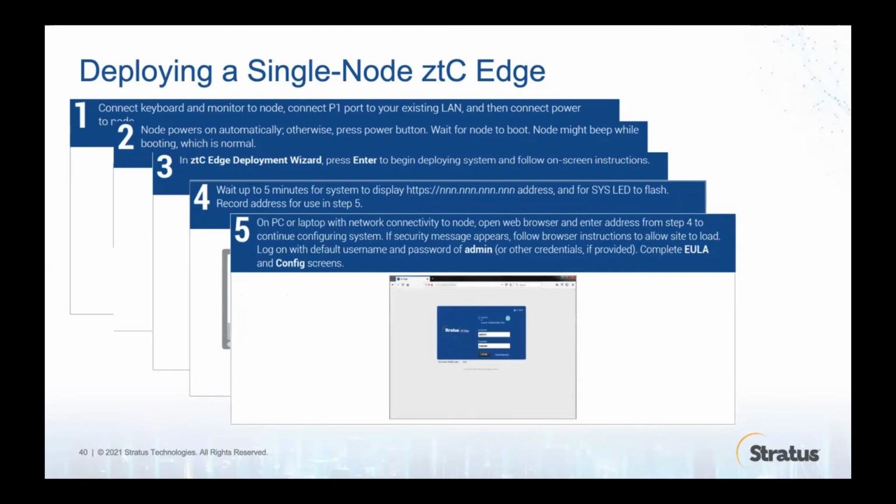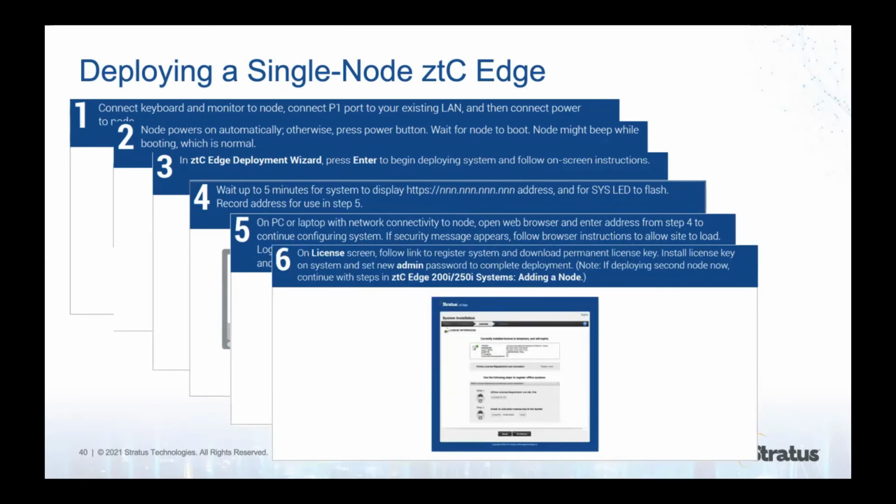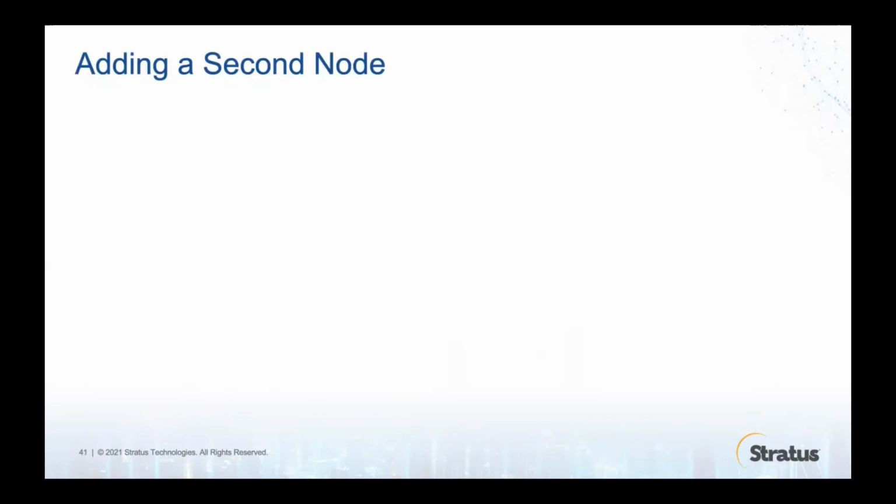it's around 5 to 6 minutes later, the screen will tell you to go to a web browser like Chrome, Internet Explorer or Firefox, type in the IP address that you've just allocated to the ztC, and then enter it. It will bring you to the web interface logon screen. From there, you can start the final configuration and license your machine. There's a EULA that you have to accept, and then license it, and then start adding your virtual machine or